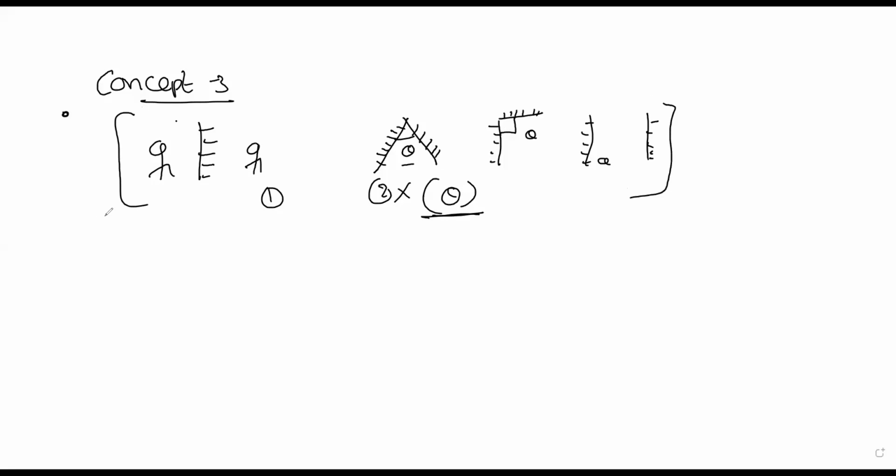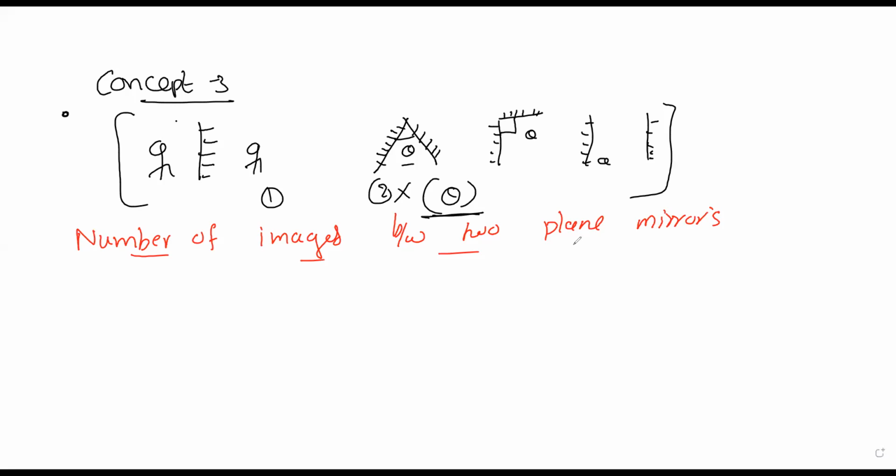Don't write this down, you write down the heading: number of images formed in the plane mirror, number of images between two plane mirrors. How many images will form in two plane mirrors? Based on the angle, how it depends, that formula. The derivation part is not there.